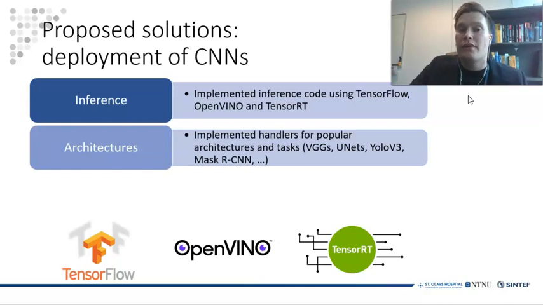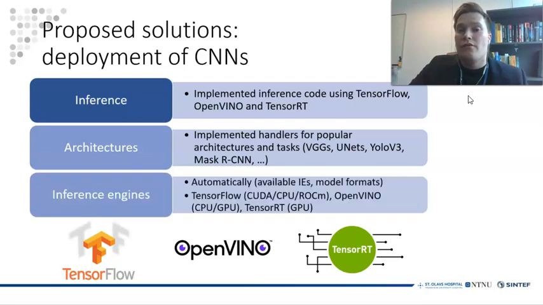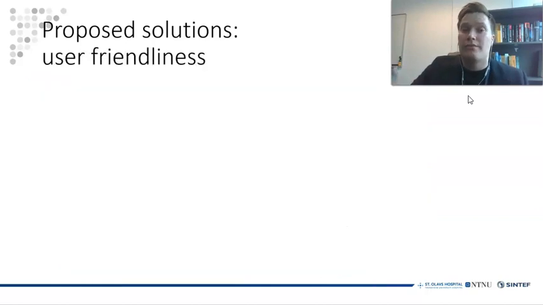To handle quite different architectures and tasks, we chose to implement handlers from scratch, assuming some structure on the inputs and outputs of these architectures. FAST automatically chooses which inference engine to use, depending on which inference engines are available on your machine and which model you have selected. As we are a multidisciplinary team, we have focused a lot on making the platform's UI